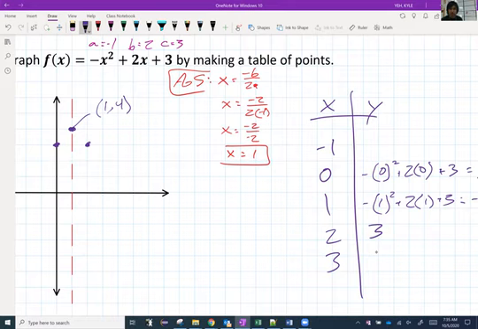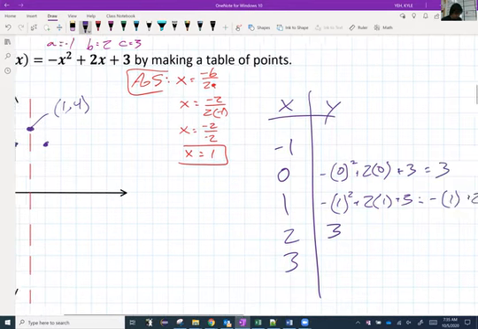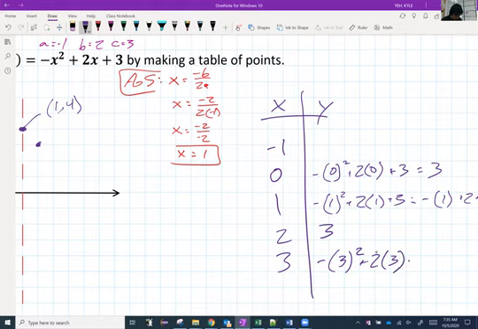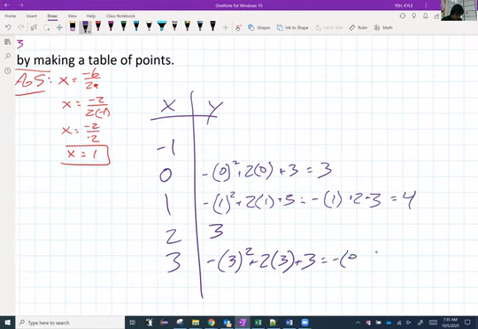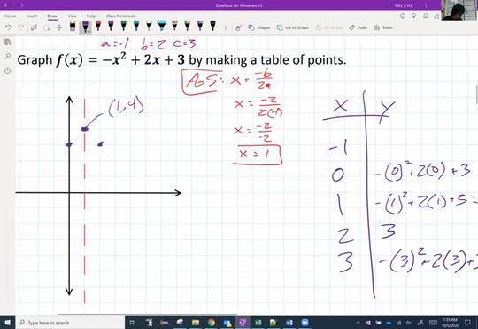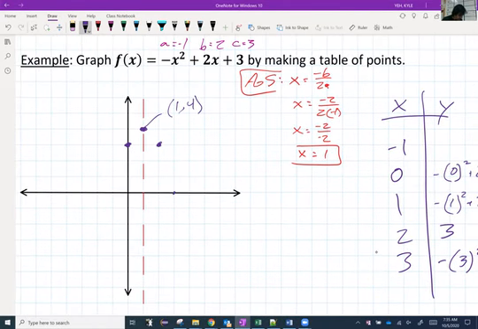Do you want to plug in -1 or 3? I might plug in 3 just because I like dealing with positive numbers. So -3 squared plus 2 times 3 plus 3. Again, we have to do the squared first. So -3 squared is 9 plus 6 plus 3. So -9 plus 6 plus 3 comes out to be 0, -9 plus 9. So 3 comma 0 is a point on my parabola,